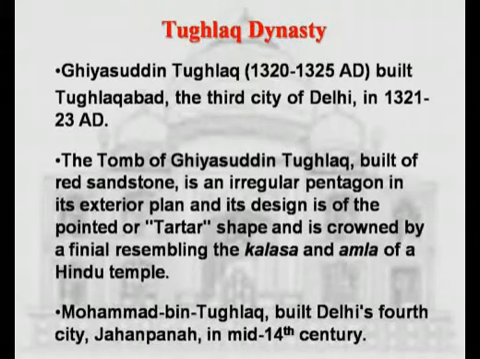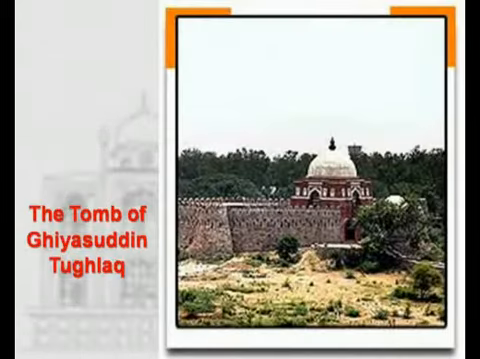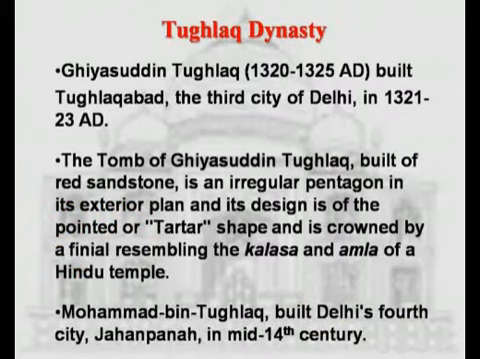Ghaisuddin Tughlaq of the Tughlaq dynasty built Tughlaqabad, the third city of Delhi, in 1321 to 1323 AD, and the tomb of Ghaisuddin Tughlaq, built of red sandstone, is an irregular pentagon in its exterior plan, and its design is of the pointed or tartar shape and is crowned by a finial resembling the Kalash or the Amla of a Hindu temple. Coming to the last of the Tughlaq rulers, that is Firoz Shah Tughlaq,